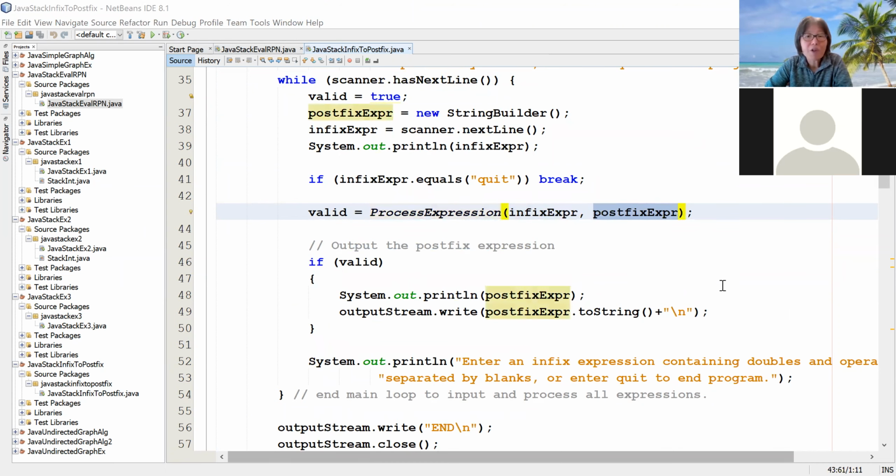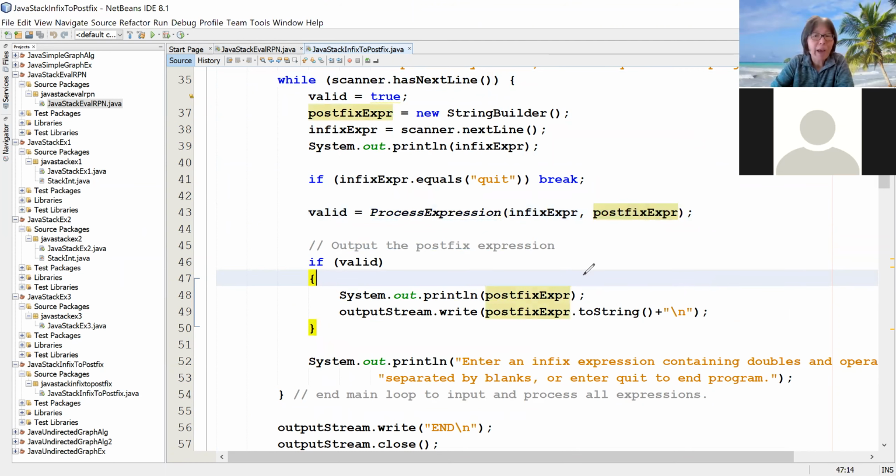And after we call that, we have the postfix, then we have it written to a file. So this is a postfix, then you convert it to a string and you write it back to a file. So all your postfix results will be stored in this postfix file. Okay, so that's regarding this infix to postfix evaluation. So basically,